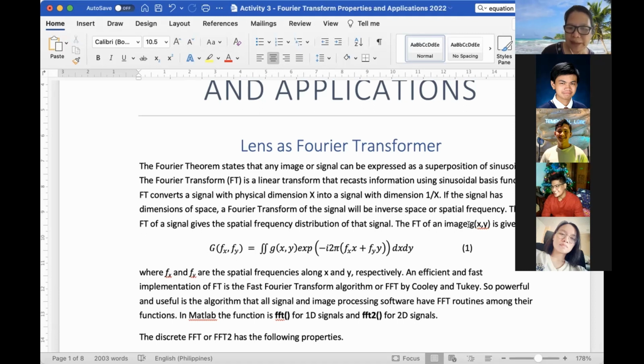So the FT of an image, say our image is given by g(x,y), is given by capital G(fx, fy), equal to a double integral of the function g(x,y), multiplied by the kernel e raised to the minus i 2 pi times (fx x plus fy y), and the integration is taken over dx and dy. All right, here fx and fy are the spatial frequencies along x and y respectively,